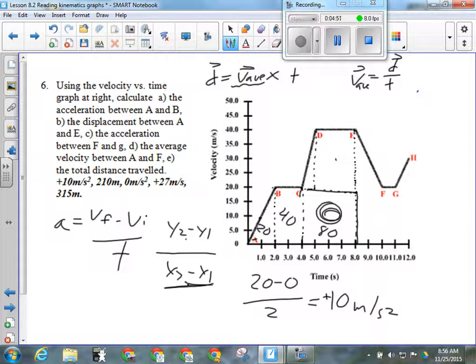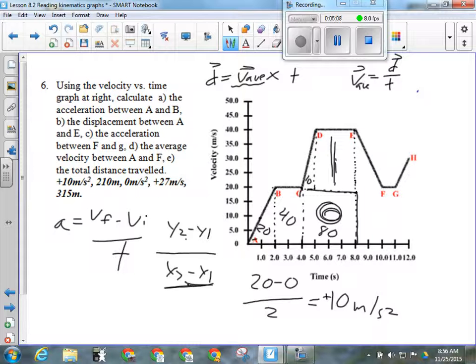20, right. It goes from 20 to 40, right? Don't make the mistake of assuming it goes all the way down to the bottom, because it doesn't. So its height is 20 and its base is 1. So 20 times 1 is 20, divided by 2 is 10. And then the height of this rectangle here